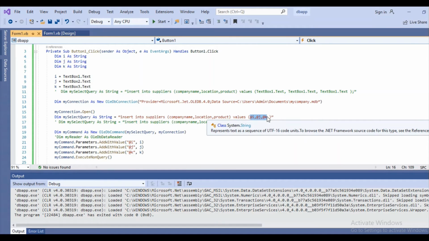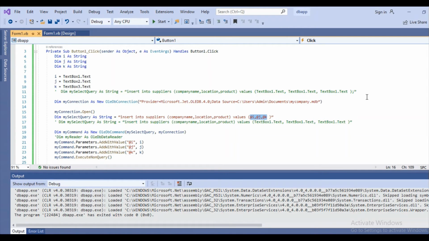If you just write I, J, K, VB.NET won't consider them as variables. It would just consider them as plain text, and it won't execute properly or give proper output. So we have to use @I, @J, @K.